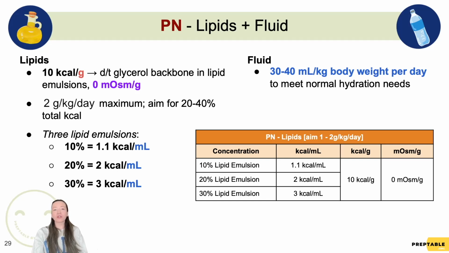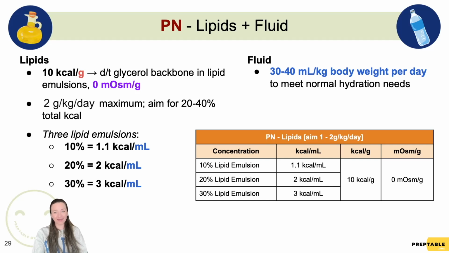Typically, we aim for lipids to contribute about 20 to 40% of the total kcals provided. Lipid emulsions come in various concentrations as well, each offering different energy densities. And here are the three common lipid emulsions. Please note the unit here. A 10% lipid emulsion provides 1.1 kcals per milliliter, not gram in this case. A 20% lipid emulsion provides 2 kcals per mL, and then finally a 30% lipid emulsion provides 3 kcals per mL. These and the concentrations from the last two slides should all be memorized so that you can easily complete